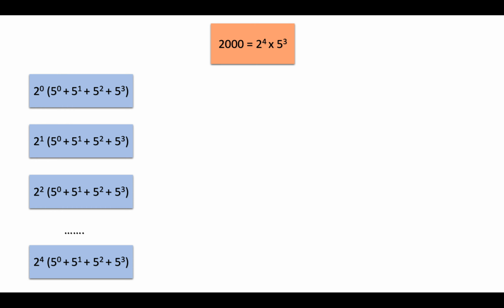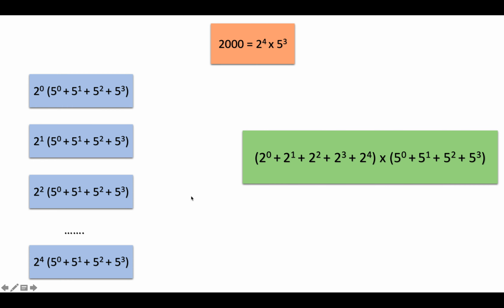If we add all these rows, what we will get is the sum of all factors that 2000 has, right? Now you can see the bracket here is common in all of those. So we'll take the bracket common, and then what we'll get is 2 raised to power 0 plus 2 raised to power 1 going on to 2 raised to power 4 multiplied by that bracket, which goes on from 5 raised to power 0 to 5 raised to power 3, right? So a similar pattern we are observing here. Earlier we were only seeing the number of options for each exponent. Now we are actually taking all those options for the exponent and adding them up.